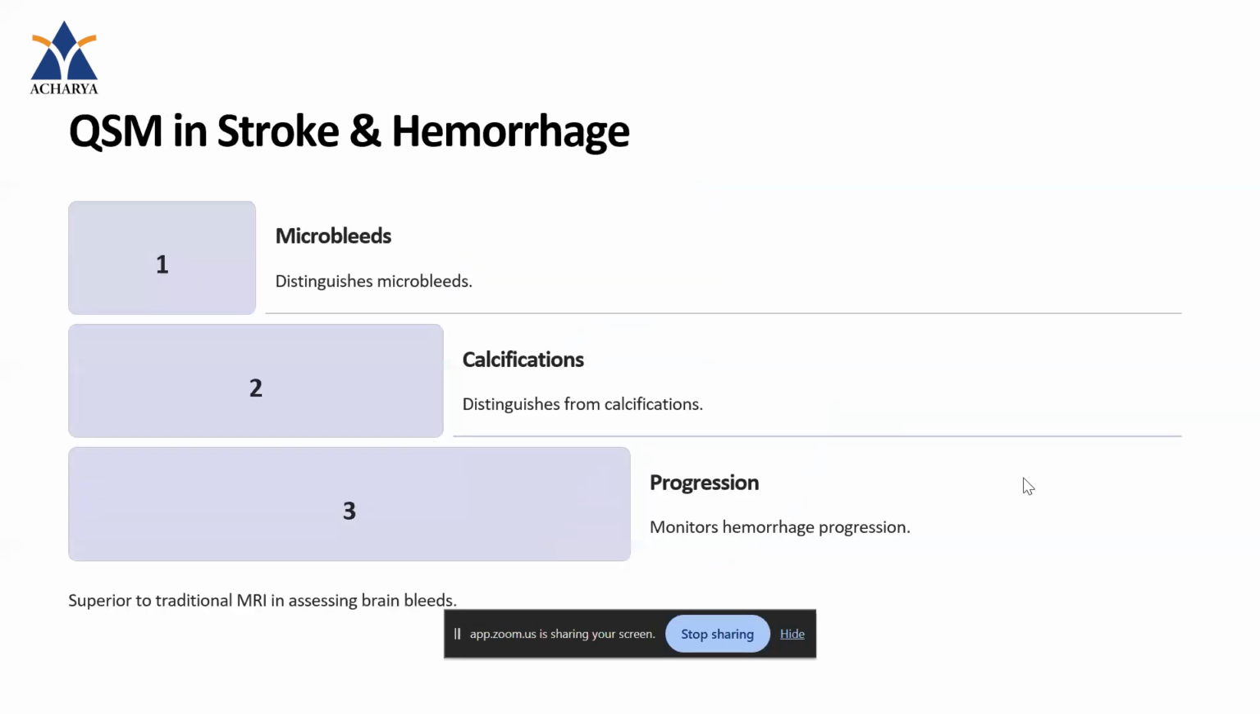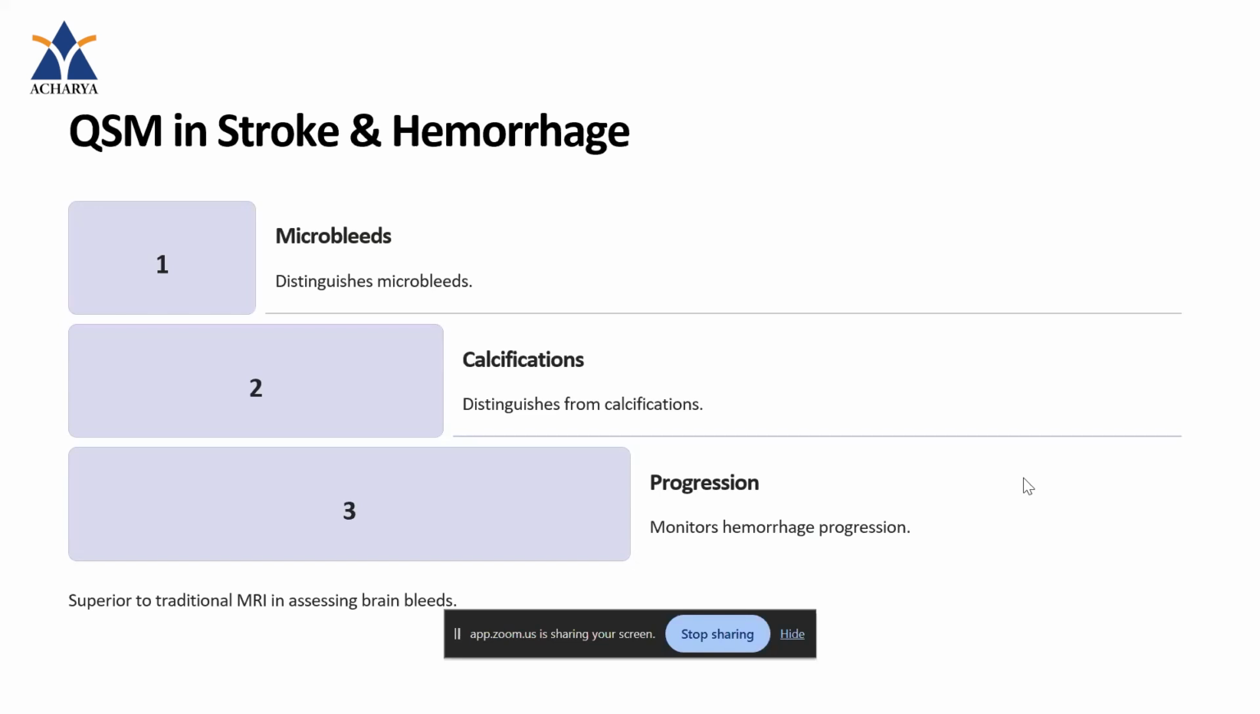Next is stroke and hemorrhage. The application in stroke and hemorrhage: it can visualize the microbleeds and calcifications properly, because we can distinguish between these microbleeds as well as the calcifications. Why? Because these microbleeds are